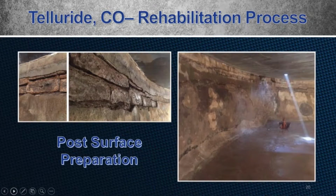As you can see from the pictures, this was quite a surprise for us on site. No one knew that we were going to end up with a stacked stone until we were actually inside beginning the cleaning process. The more we cleaned, the more gunite fell off the wall, revealing the stacked stone. From what we